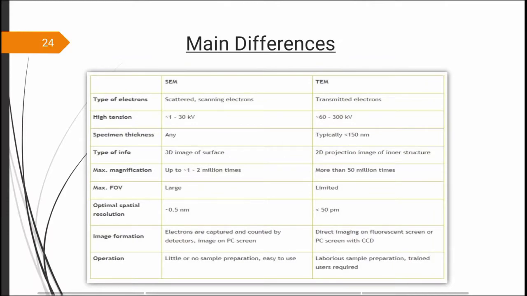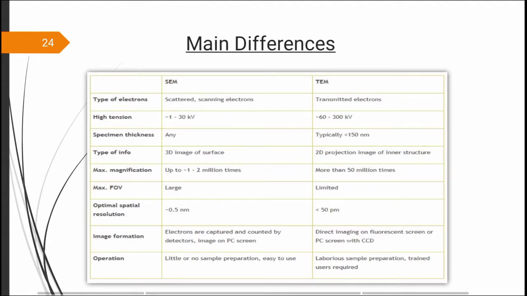In this I am going to explain the main differences between SEM and TEM, and for that I am using the help of a table. So now I will give the summary of this table. It says that the two electron microscope systems also differ in the way that they are operated. SEMs usually use acceleration voltages up to 30 kilovolt, while TEM users can set it in the range of 60 to 300 kilovolt.